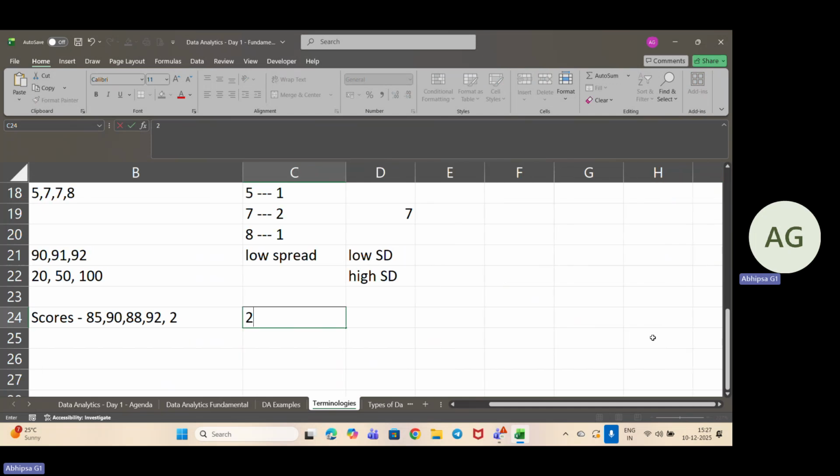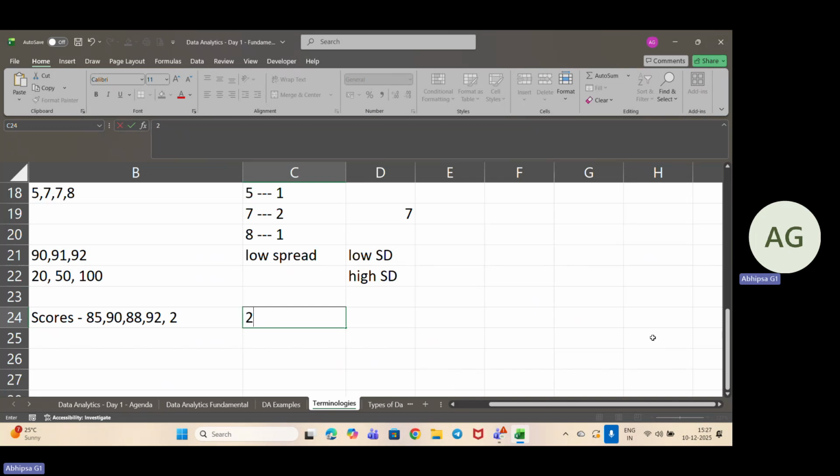So what can an outlier be? It can be a mistake. By mistake, they may have written it as 2 when the number should have been around 82 or 92. Or it could be a very rare event, like only one student who couldn't get the pass marks also just got only 2 marks. So either we need to validate that and identify whether it is a clear-cut event. If not, then it is a mistake.